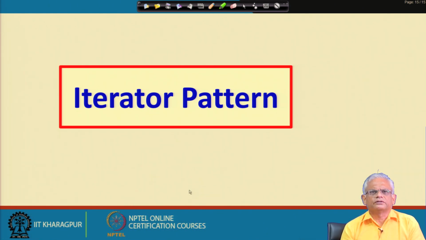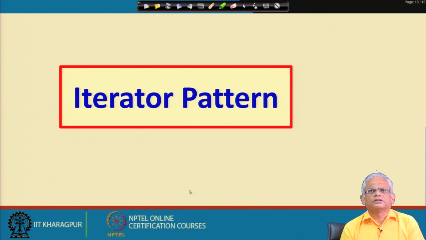We have discussed already an important pattern, the decorator pattern. We look at another pattern which is also a very important pattern, the iterator pattern. Any Java programmer would have already been using the Java iterators.